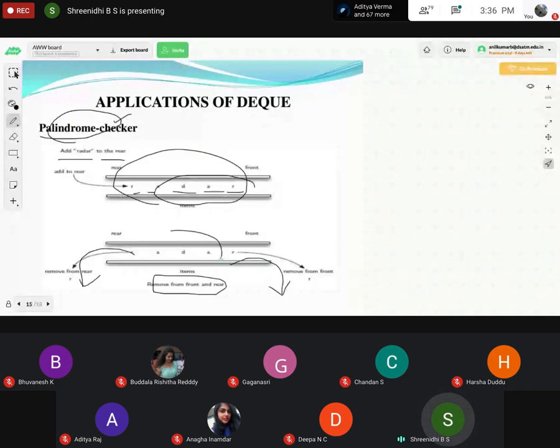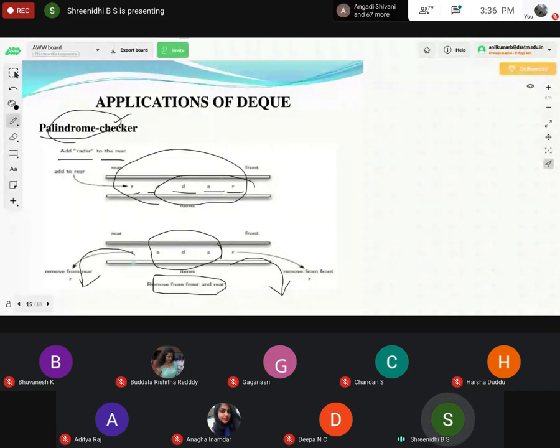What is left out here? ADA. Inserting from both ends is also possible. Through the rear end we have inserted and deleted from both ends, and the data left inside the queue is ADA. Again, if you delete A and A, that is the palindrome checker.